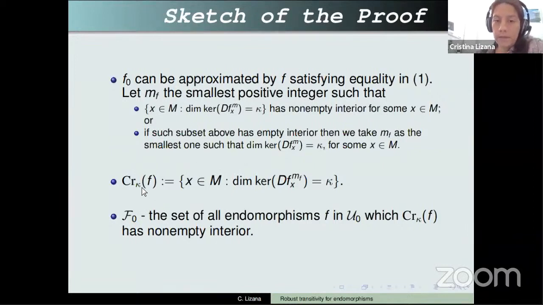So for every kappa, for this number kappa, we define the set CR kappa as all the points where the dimension of the kernel is exactly kappa. So this set, you are considering the critical points. Okay, so you are considering critical points. And this set has the possibility to have